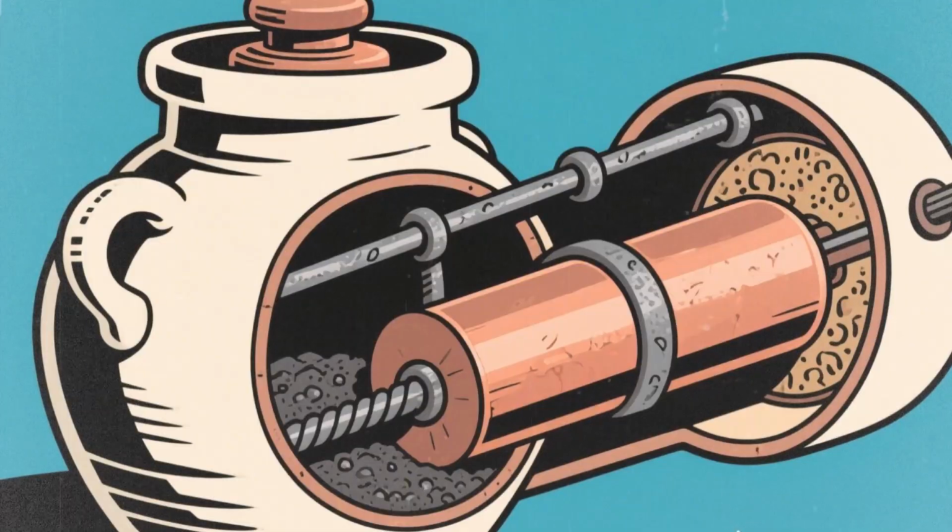Not so fast. Because here's where things get messy. And by messy, I mean archaeologists start throwing pottery shards at each other at conferences messy. First problem, we have absolutely zero evidence that the Parthians did any electroplating. None. Zip. Nada. We have lots of Parthian metalwork, and some of it is quite beautiful, but all of it can be explained by techniques we know they had, like gold leaf application, mercury gilding, and good old-fashioned gold alloy